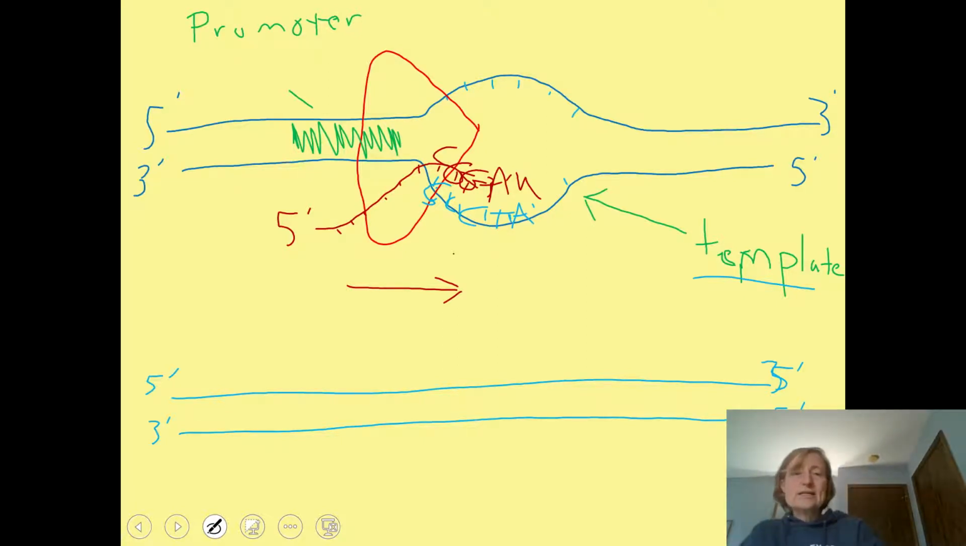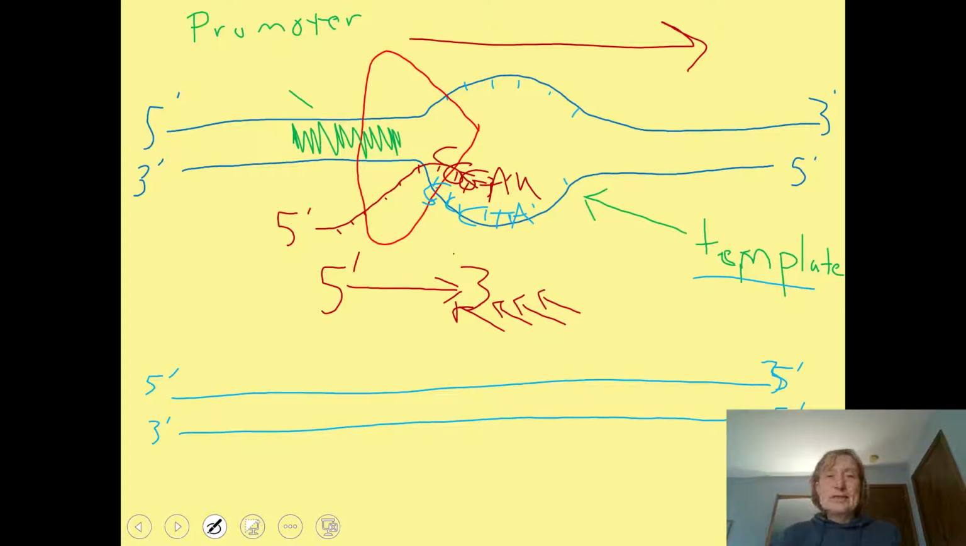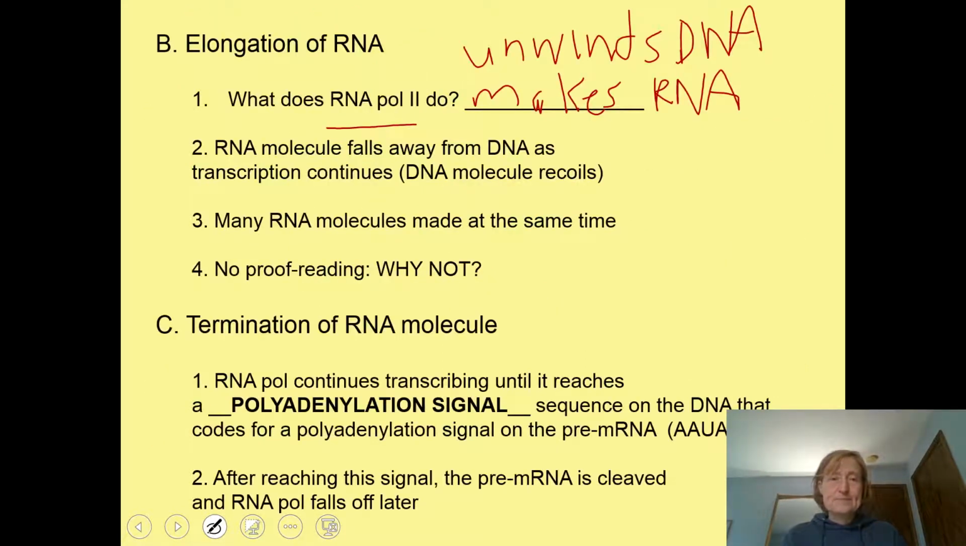And it's going to continue building in the 5' to 3' direction as it moves down the length of the gene. Okay? Notice that the RNA is building 5' to 3'. We're adding nucleotides to the 3' end of our growing RNA molecule. Okay? And what's interesting is, let's finish these here. What's interesting